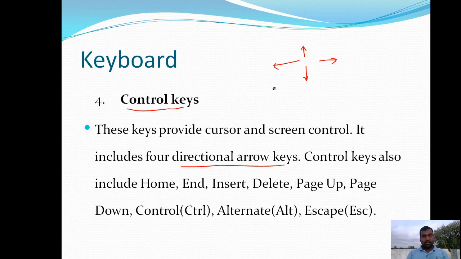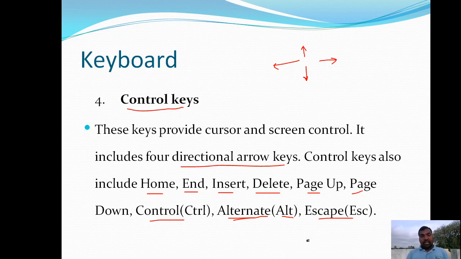Navigation keys. With the help of these directional arrow keys, or navigation keys, we can move the cursor position on the screen. The control keys also include the home key, end key, insert key, delete key, page up, page down, control key, alt key, which is actually the alternate key, and the escape key.